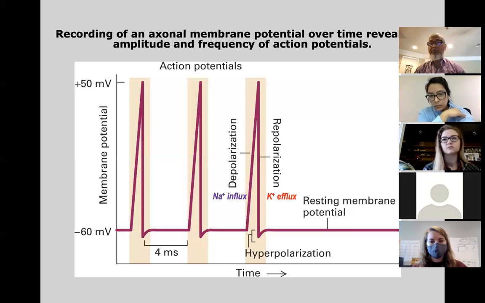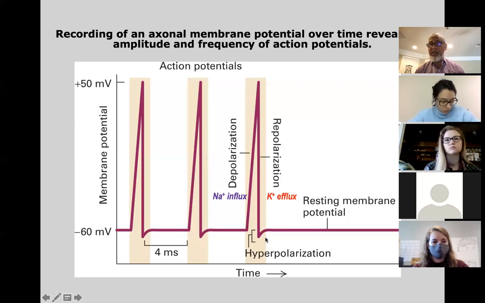That we call hyperpolarization, because the cell is already polarized, right? Minus 60 is a polarized cell. Now, when you make the cell go from minus 60 to minus 70, this is not the resting status. Resting status was minus 60. So this additional negativity on top of its resting membrane potential, this extra negativity, we call it